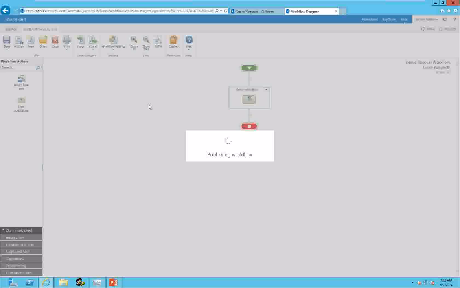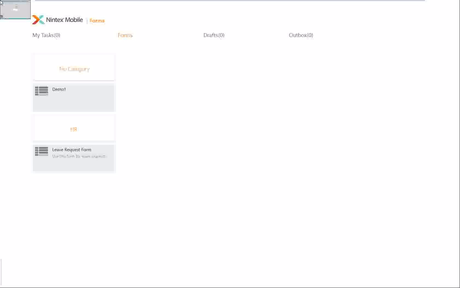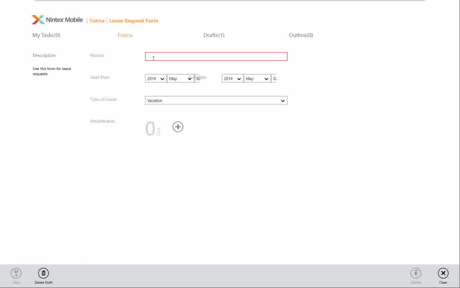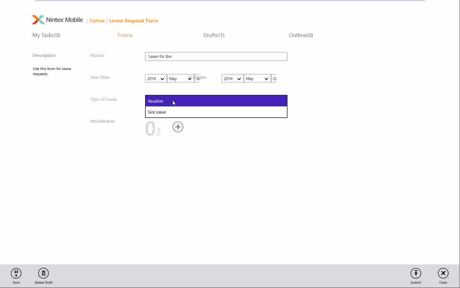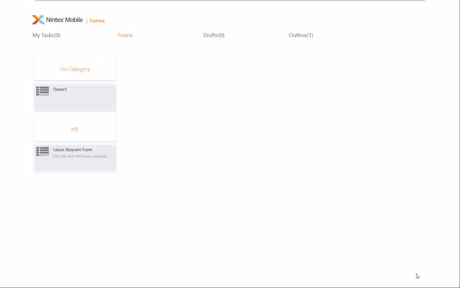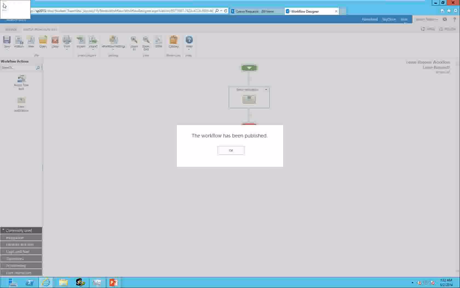So while my workflow is publishing, because that should just take a second, what I'm going to do is flip back to the mobile app. I can go in and fill in another leave request. So Bree's going to call in sick today. You go ahead and submit that form. You can see it's just left my outbox. Now when I switch back,